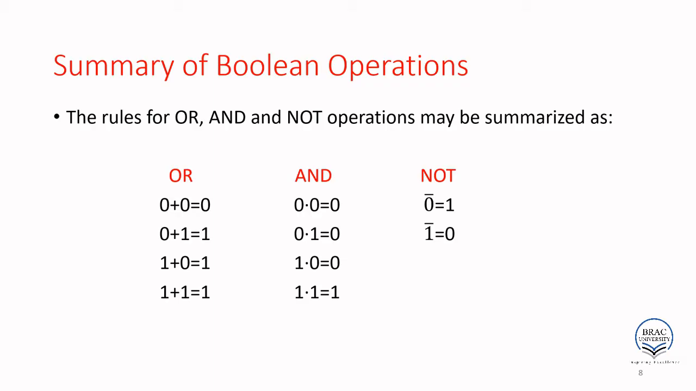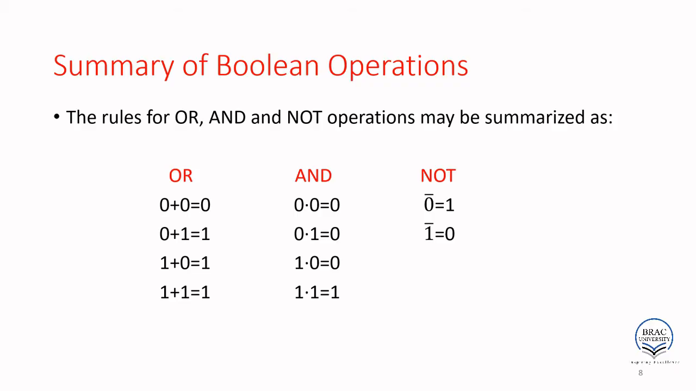AND is the reverse. If both are 1, then 1, otherwise 0. Just the inverse of this one. So 0 dot 0 is 0, 0 dot 1 is 0, 1 dot 0 is 0, 1 dot 1 is 1, and NOT is just the inverse, 0 gives 1 and 1 gives 0. This is a very important concept you need to understand and remember because it will be needed